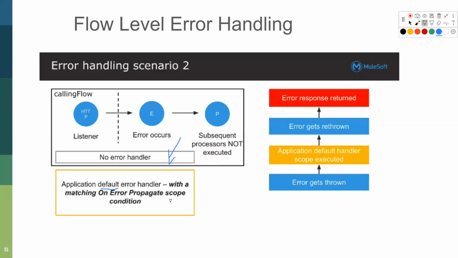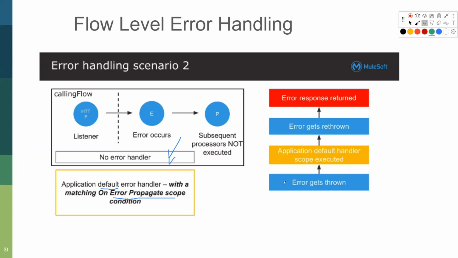Or it can mean also Mule's default error handler when you don't have any matching error handler. So in this particular case, the application level error handler matches, it evaluates to true with on error propagate. So if it evaluates to true with on error propagate, then the error will be thrown from the global error handler because it's on error propagate. That's what we see here.